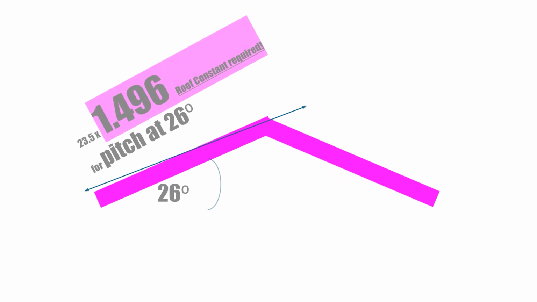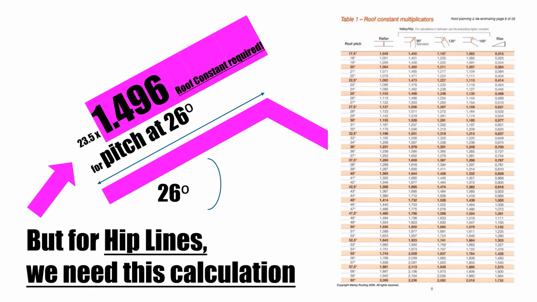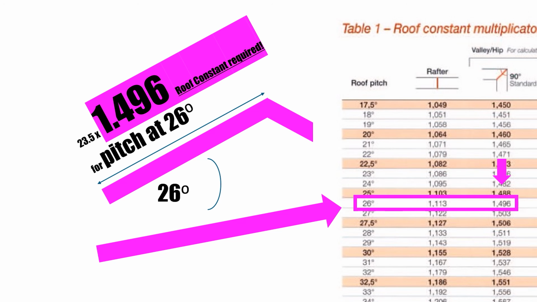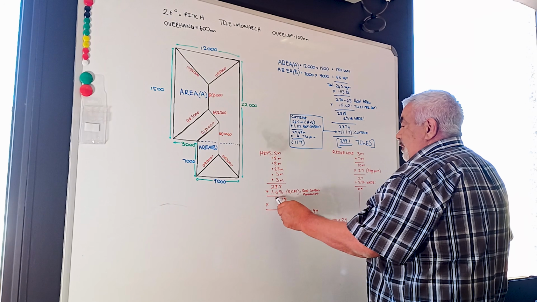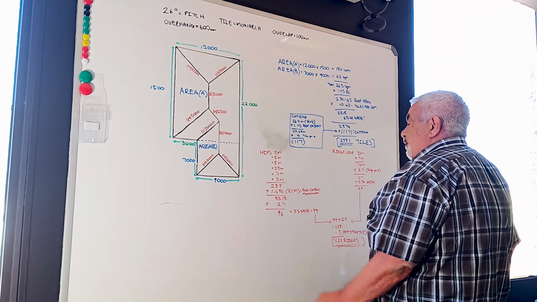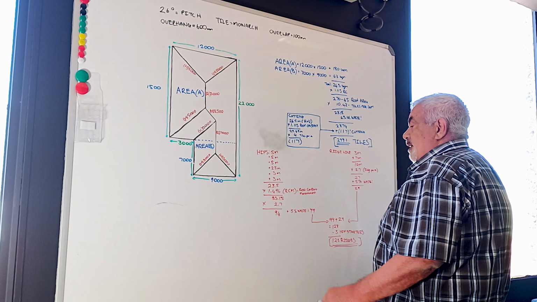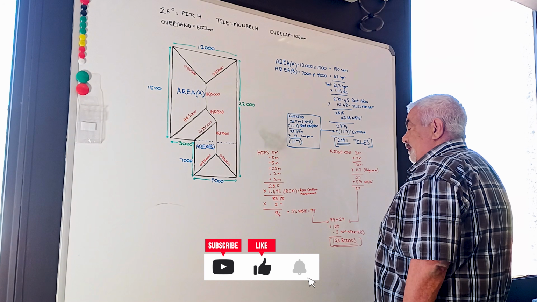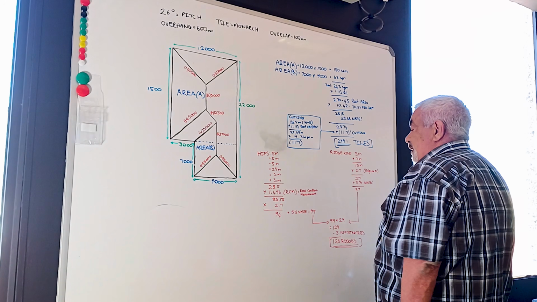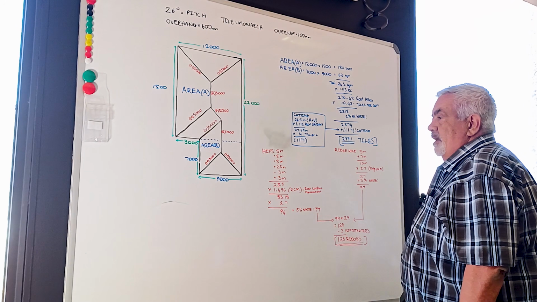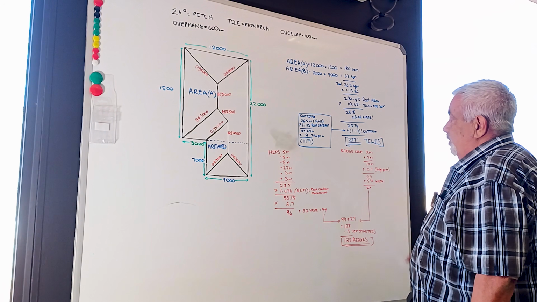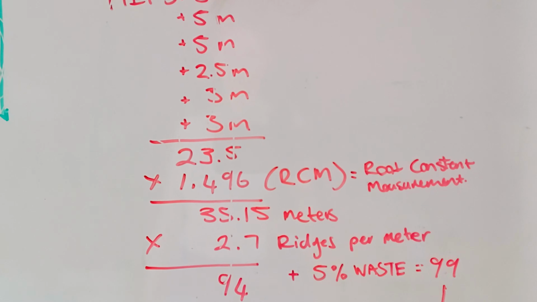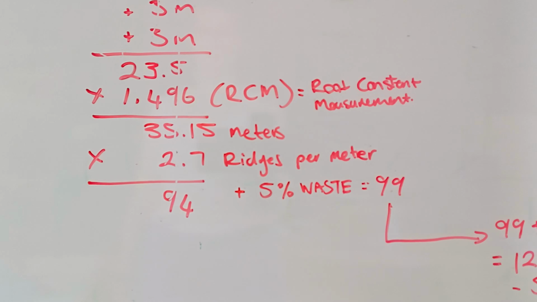So we use the Marley roof constant multiplier, and the factor is 1.496. We elevated it from a flat area to a raised area, and that will give you a total length for your hips of 35.15 meters. Multiplied by 2.7 ridges per meter gives you a total number of 94 ridges, plus a 5% waste factor. We always use a 5% waste factor on your fittings, where you use 2% on your tiles. That will give you a total number of ridges for your hips of 99 ridges to complete all the hips